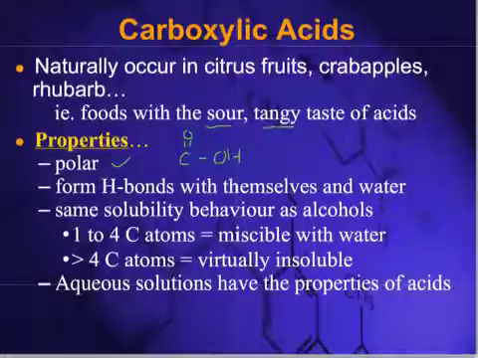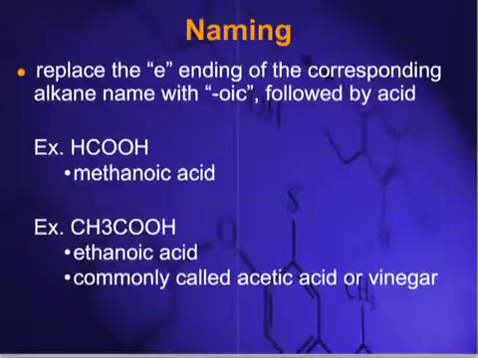So if there are 1 to 4 carbon atoms, they're very miscible with water. But if they have greater than 4 carbon atoms, their hydrocarbon chain makes them less polar and they're not miscible with water. When naming carboxylic acids, we merely drop the E from the alkane name and add the letters OIC